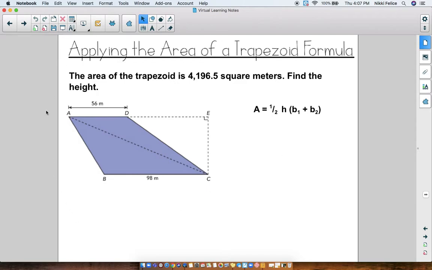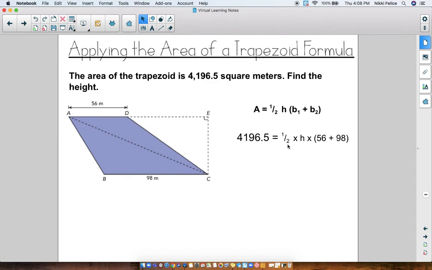So in this first example here, which you can copy down, we know that the area of the trapezoid is 4,196.5 square meters, and you need to find the height. So I see we have two bases, 56 meters and 98 meters, but I don't know what the height is. But I do know the area. So I'm going to fill in the area and the two bases because that's what I know so far. So you should write down